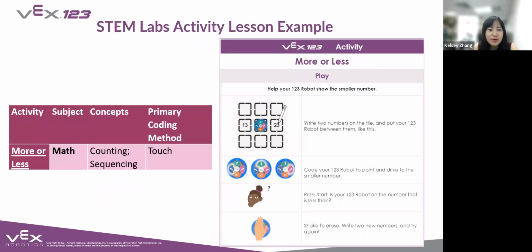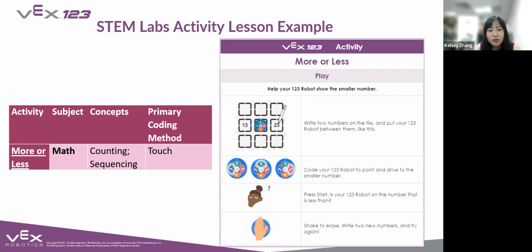And an example I wanted to share with you to teach math with this 1, 2, 3 robot. We ask them to code their robot to point and drive to the smaller number. We have these robotics fields for 1, 2, 3, which we provide in the kids and classroom bundle.